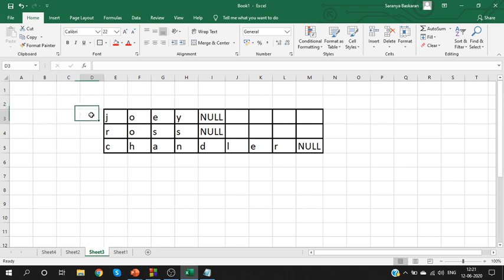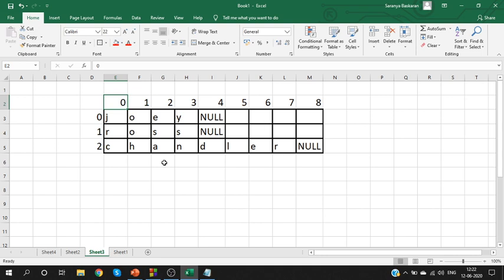When I say rows and columns, generally we'll start row number from 1. But since it is dependent on the array concept, we start from 0. Row number will start from 0, 1 and 2. What about the column number? 0, 1, 2, 3, 4, 5, 6, 7, 8. Is it clear for all of you? So row number will go from 0 to 2, and column number will go from 0 to 8.